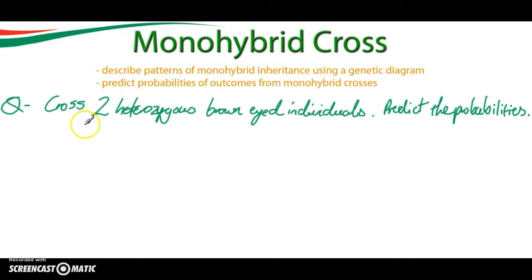So we've got a question: cross two heterozygous brown-eyed individuals, predict the probabilities. And I'm going to try and be a little bit more fancy and use some color in this video on my pen, so let's see how this goes. So first task, write down each of the labels. So what are the parents? So we've got a parental phenotype,